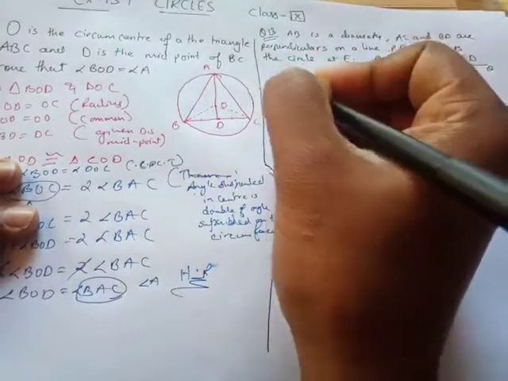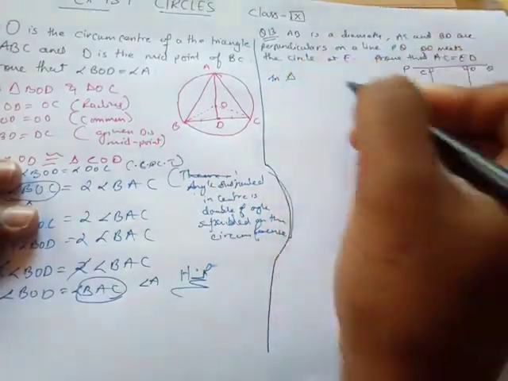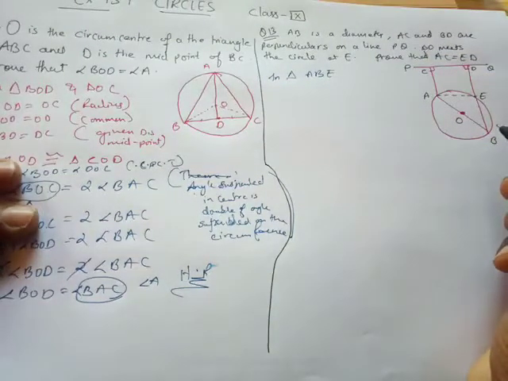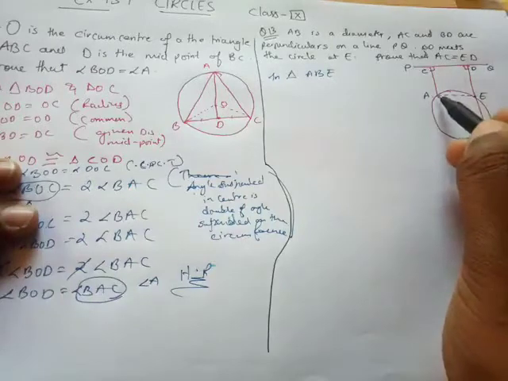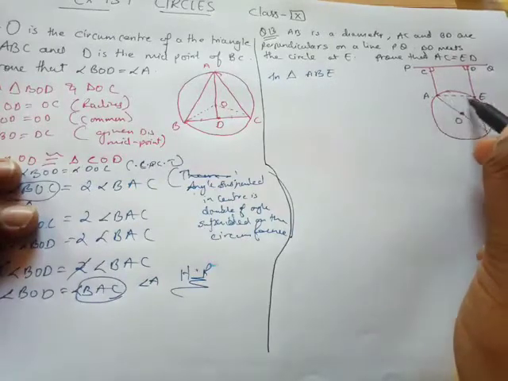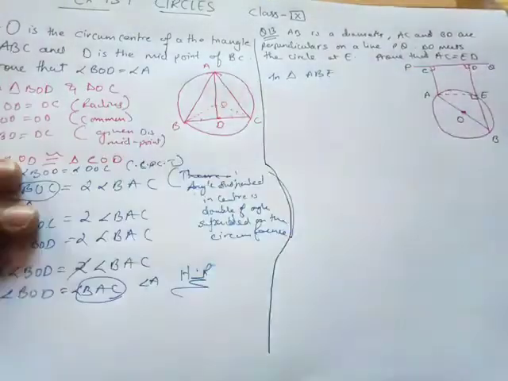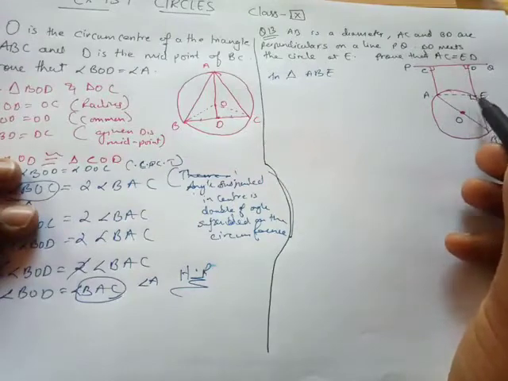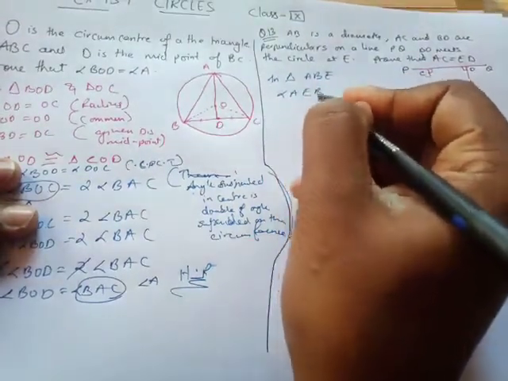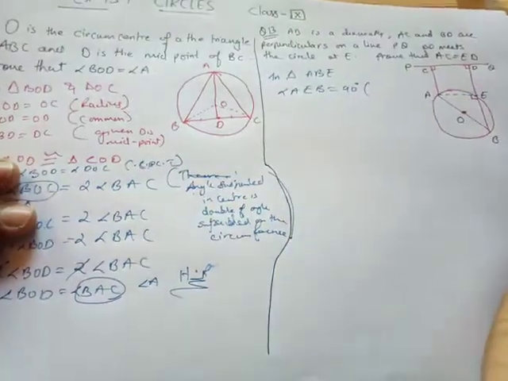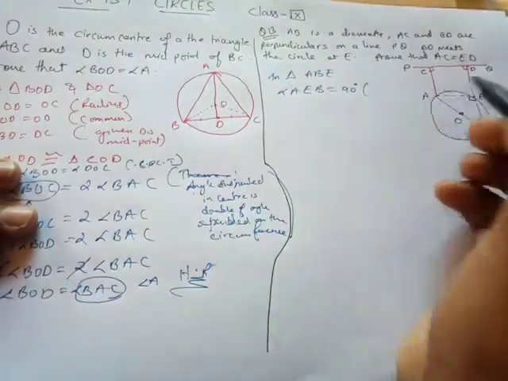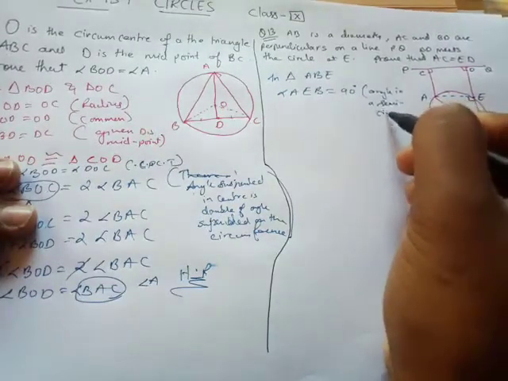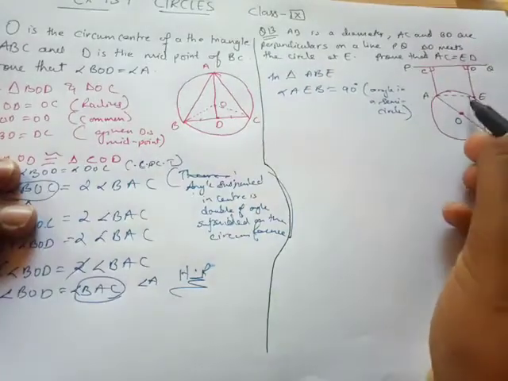So let's have a look, but the very first thing I'll be looking at is in triangle ABE. Can you guys all have a look in triangle ABE? I hope you guys are all able to see ABE. If you have a look, ABE, AB is a diameter and this angle is being made. So can you see this is 90 degree? If you guys see very carefully, this is 90 degree, isn't it? And if this is 90 degree, angle AEB is equals to 90 degree. And the reason is angle made on a semicircle is 90 degree. Okay, angle in a semicircle, that is the reason why this is 90 degree.